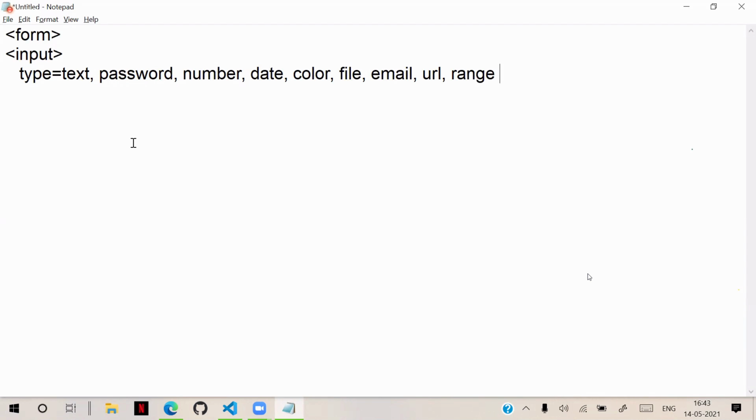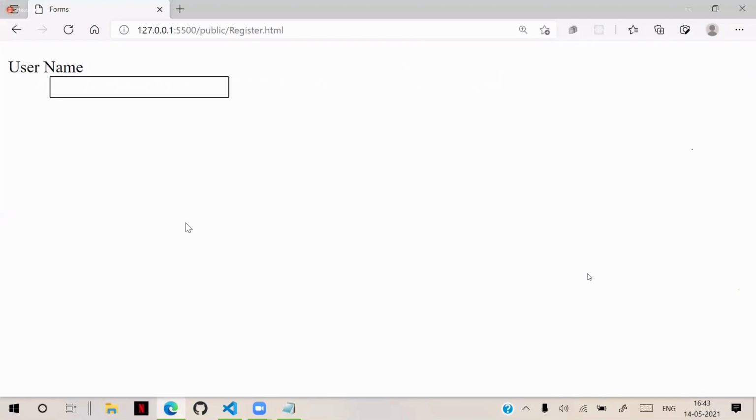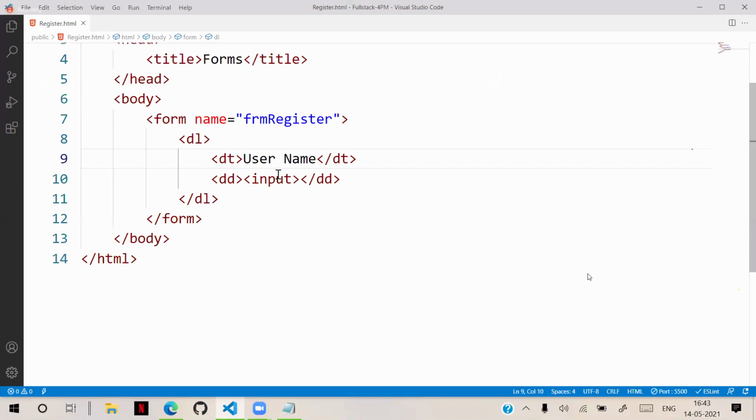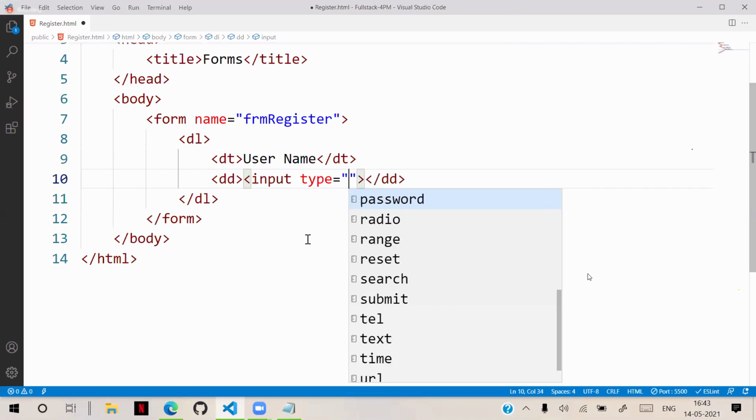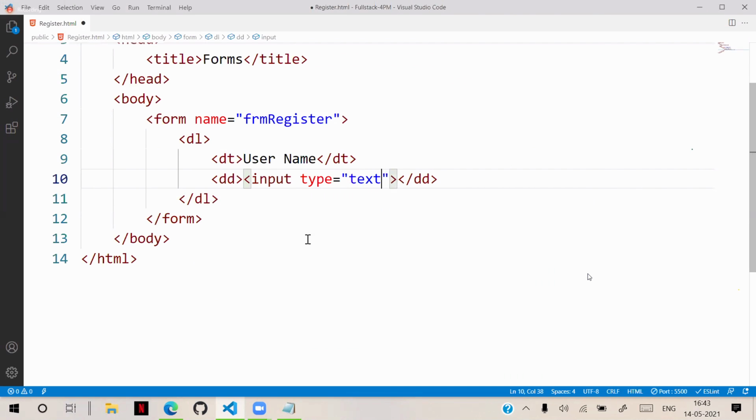For different types of input, we can use these input types for text, for password, for number, for date, for color, for file. This will change the input behavior actually. Suppose you see now, by default it looks like this. If you want only string, then you use input type as text. That is plain string.